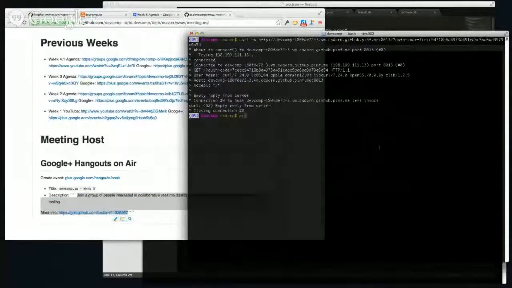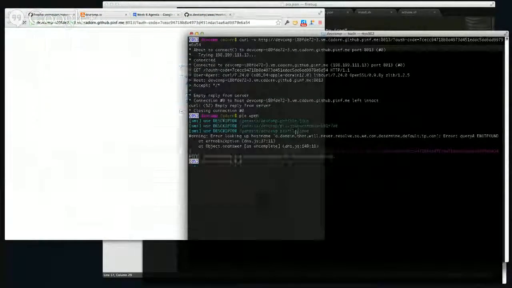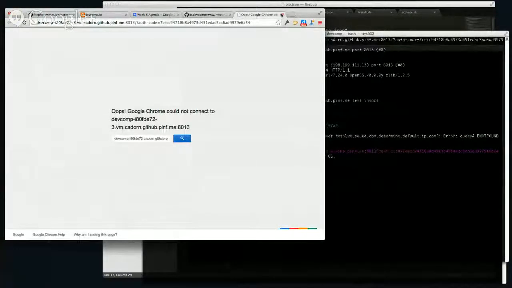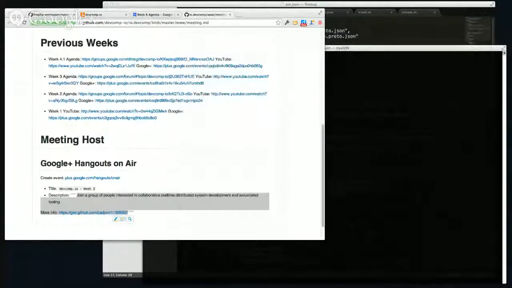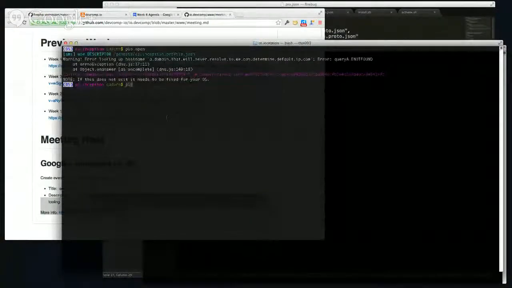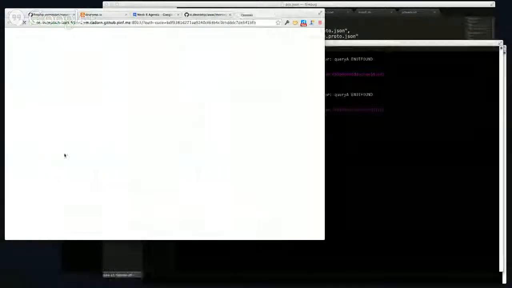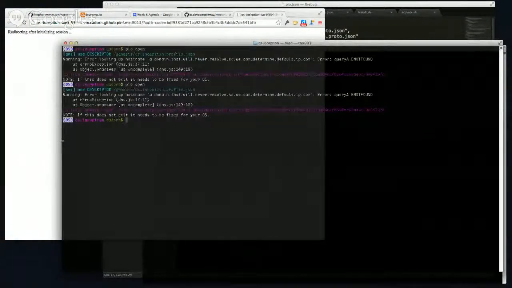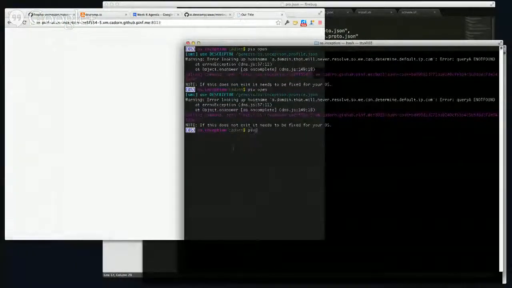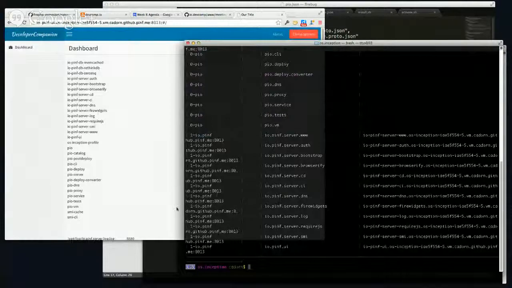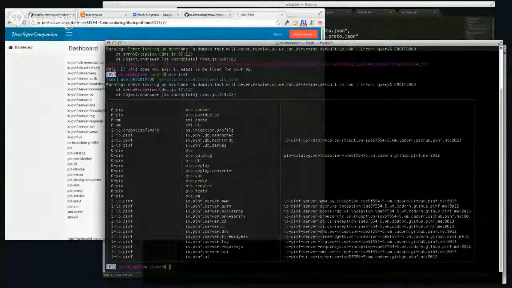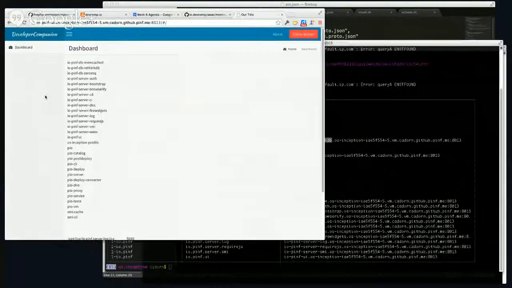So anyway, if we go PIO open on the other one, on the inception one, okay, and then if we go and look at the RethinkDB, so we can go now into pio info db rethinkdb,